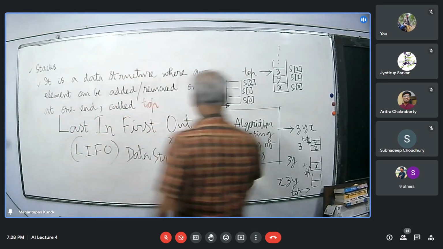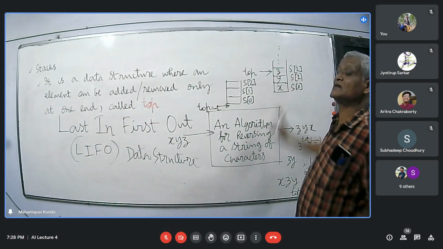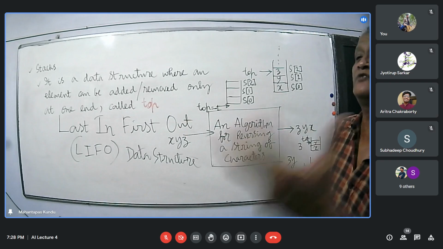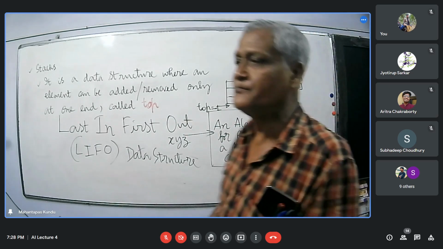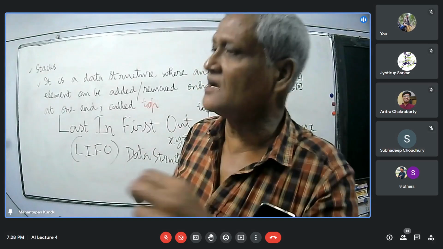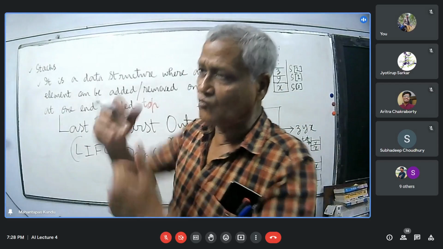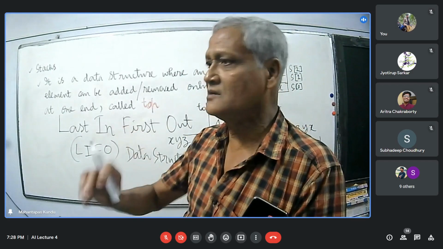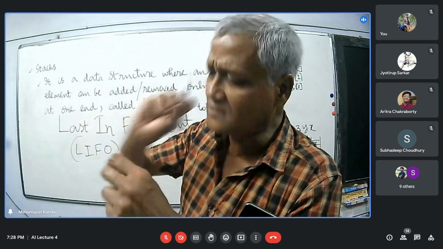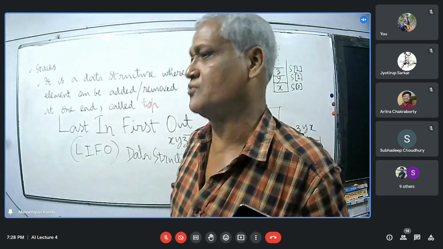So this is an example where we need to have one such data structure. That is, we need to have a stack where we will be allowed to insert or delete elements only at one end of the stack, not in an intermediate position, only at the top.